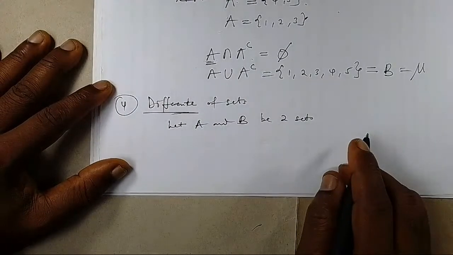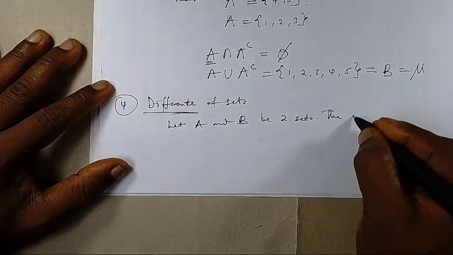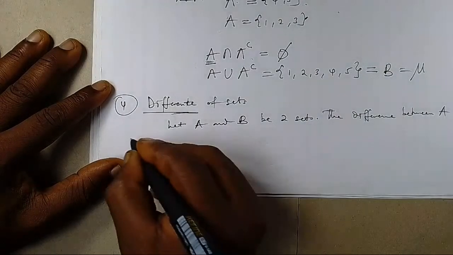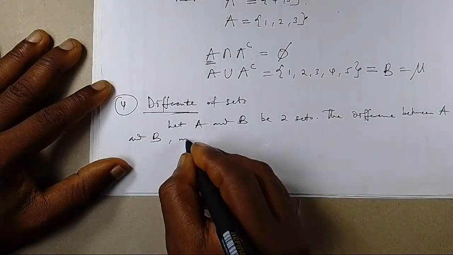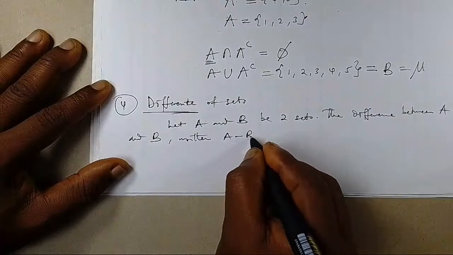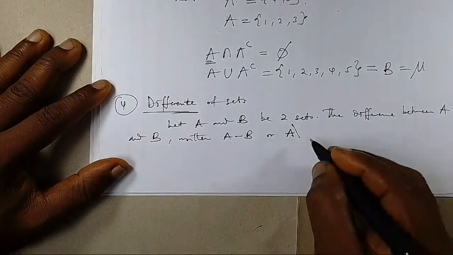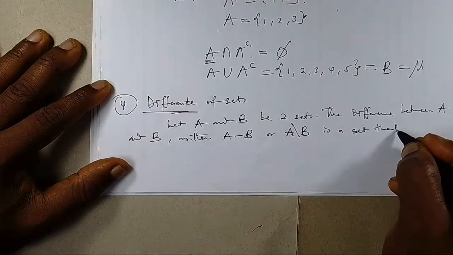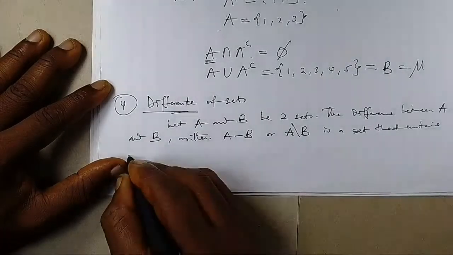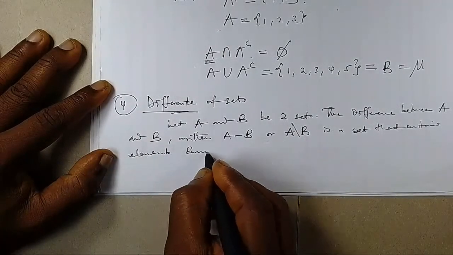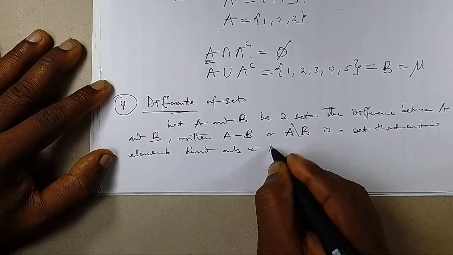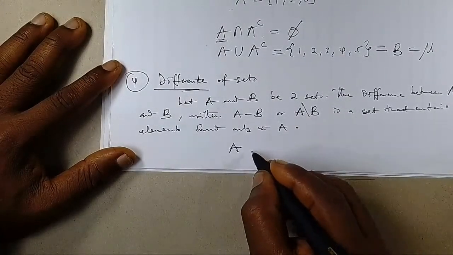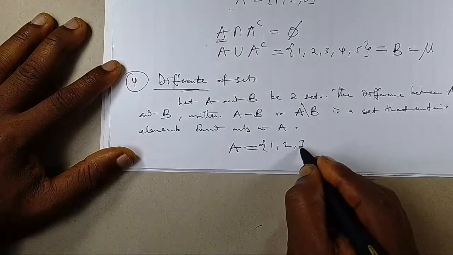The difference between A and B, written as A minus B or A backward slash B, is a set that contains elements found only in A. So if there are two sets, A and B, A contains 1, 2, 3, and